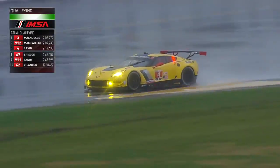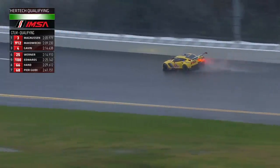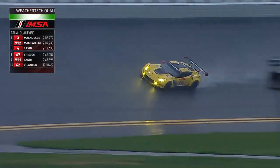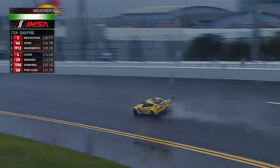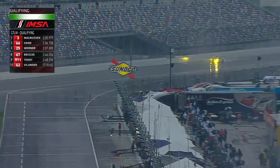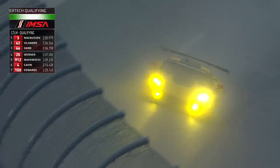race on Saturday. Splishing and splashing its way through the bus stop chicane is the number 4 Chevy Corvette. Who was that right up against the banking coming off turn 4, coming towards now in the tri-oval? Was it one of the Fords? Oliver Gavin, by the way, at the wheel still of the number 4 Corvette. High line there. The kind of James Weaver line, if you like. Yeah. Right up against the wall, all the way around the tri-oval as well. Deep onto the brakes there into turn 1. I think that was Joey Hand,